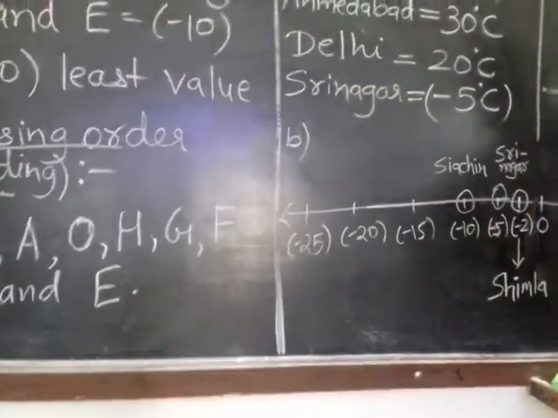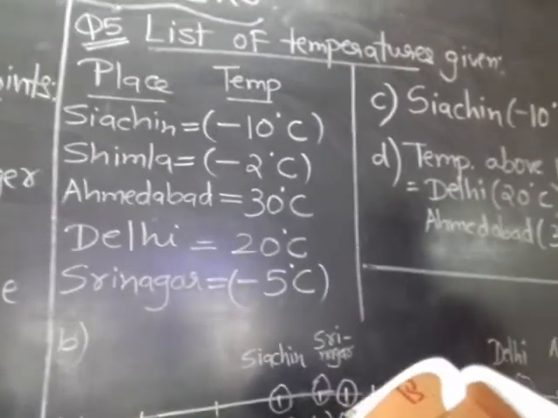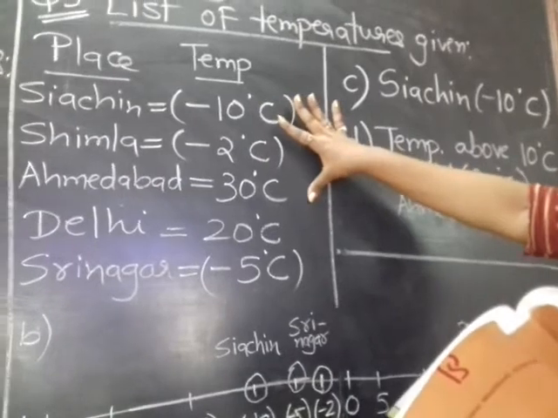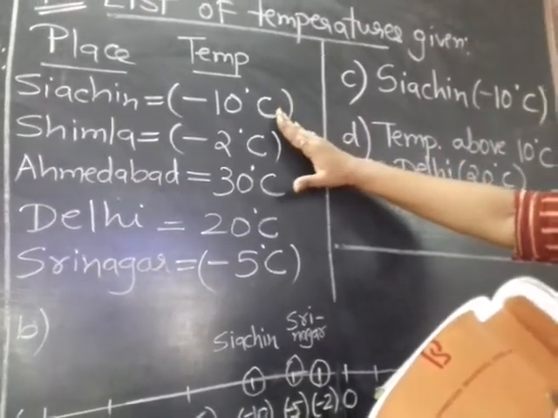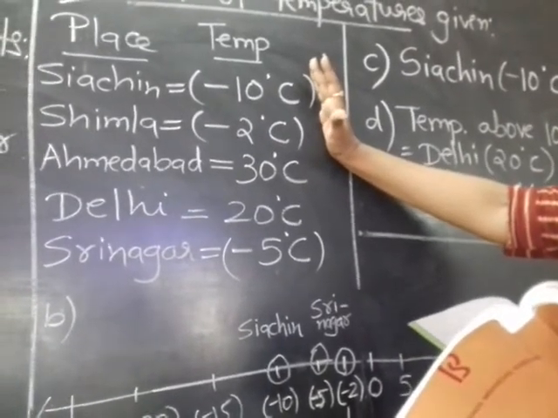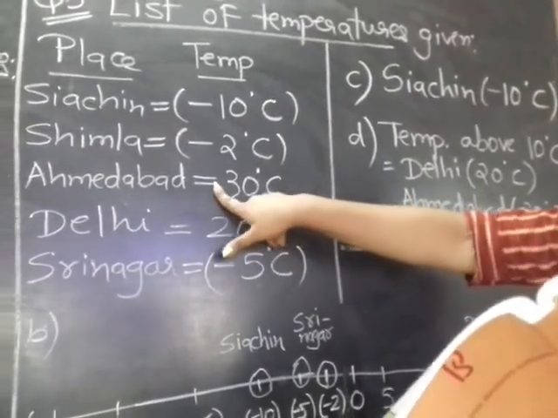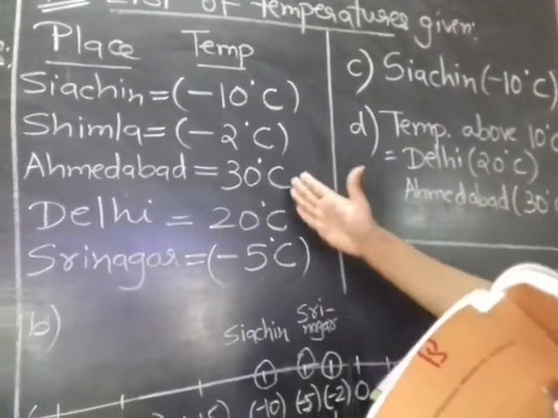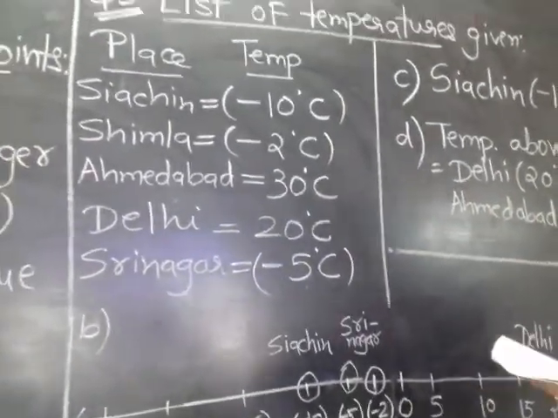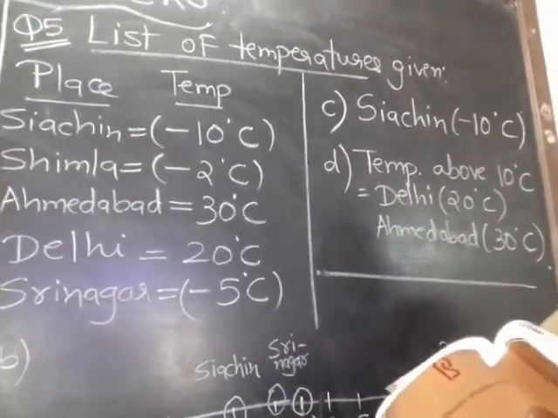Now coming on to question number 5. Following is the list of temperatures of 5 places in India on a particular day of the year. You can see places are given, temperatures they had written in words and I had indicated it in either way: when it is below we have to go with the negative number, and when it is above we have to go with the positive numbers. The positive numbers I had not indicated with plus sign, that indicates that the numbers are positive. Only the negative numbers are to be written with minus sign. So okay, I move on to places like Siachen, Shimla, Ahmedabad, Delhi and Srinagar.